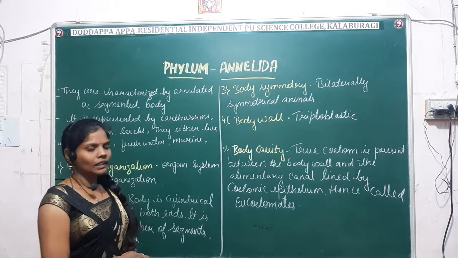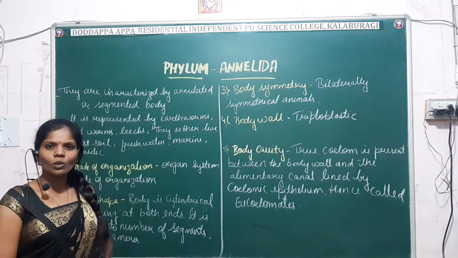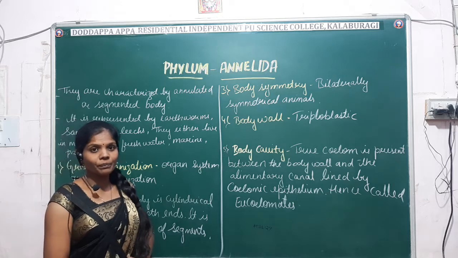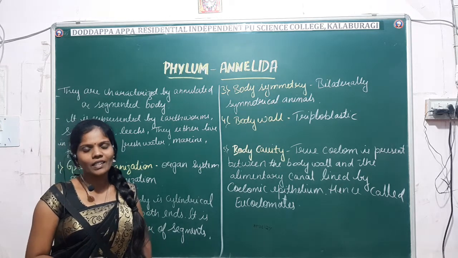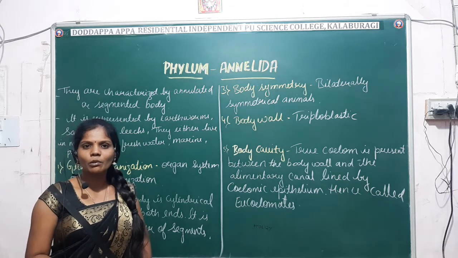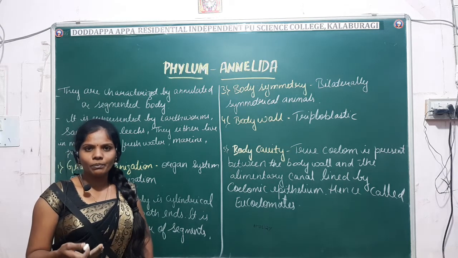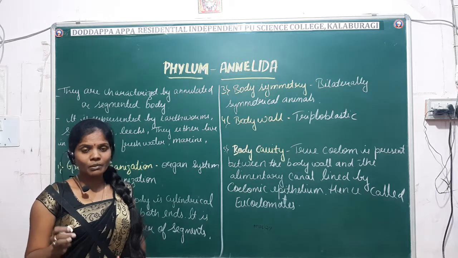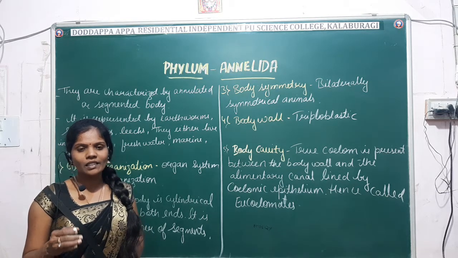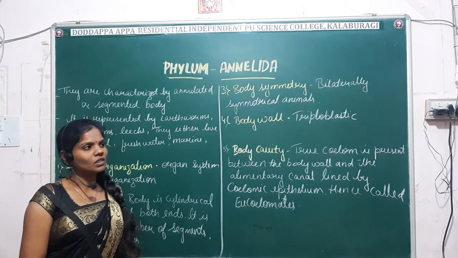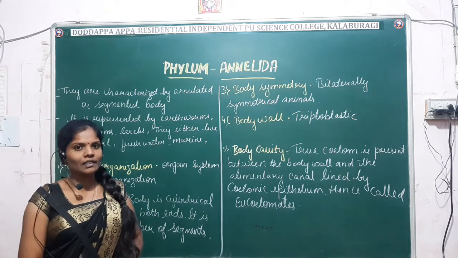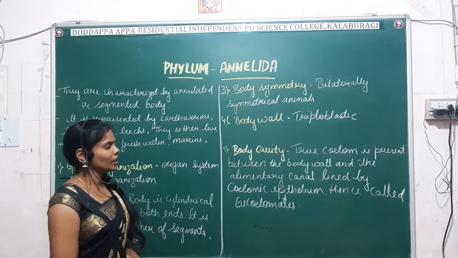Okay. So generally Annelida, you can see it is present in almost all habitats. It is seen in aquatic forms, in both fresh water as well as marine water, and some are seen in moist soil, and some are seen as parasites, and some are free living. Among the parasitic forms, some are ectoparasites. An example is the leech.